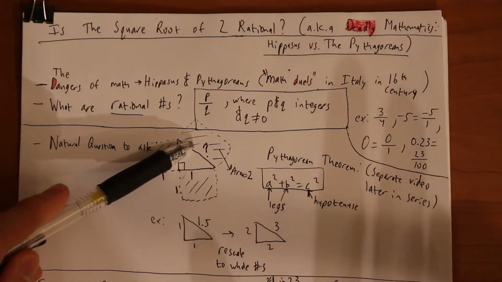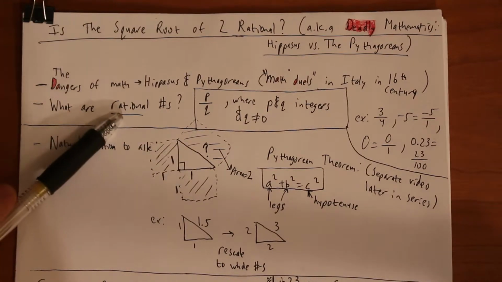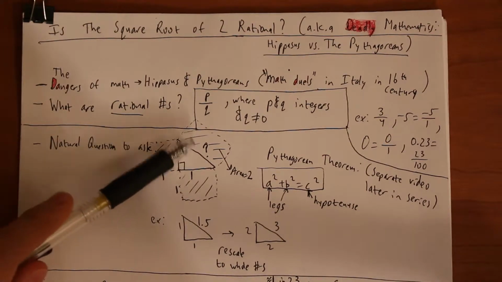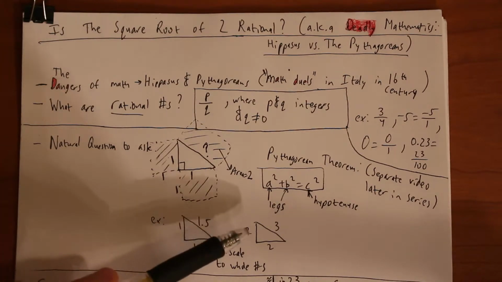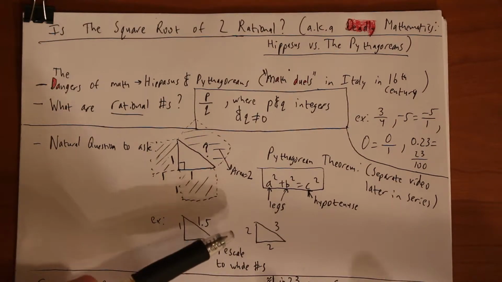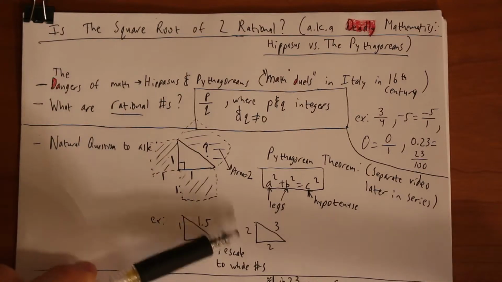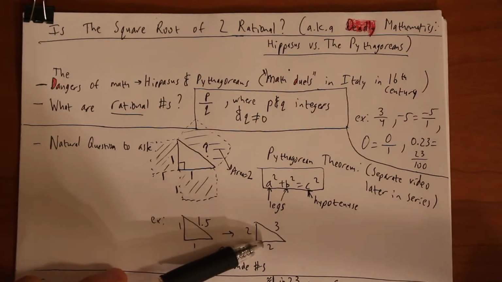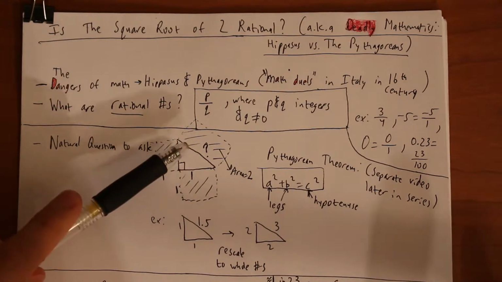Now, you might think, well, let's just say it's 1.5. I know 1.5 doesn't quite work, but let's just imagine it is, and that way you guys can see why we even care about these rational numbers. So if this were 1.5, so we'd have 1, 1, 1.5, you could just rescale all these numbers, basically double everything, and then you get 2, 2, and 3. So you get integers, nice whole numbers over here. So the idea is the rational numbers can easily be converted to an even simpler set of just whole numbers, in this case, integers in general. So maybe this answer is like 1.4278, whatever. But then we could scale that up.